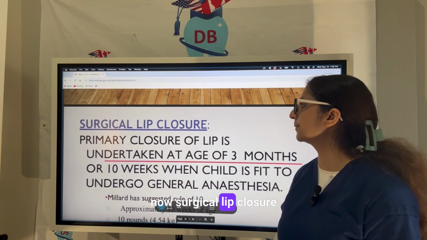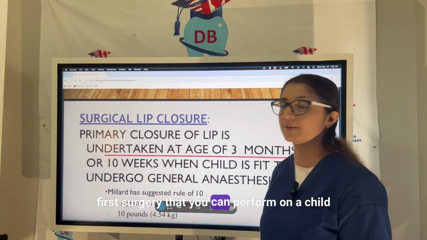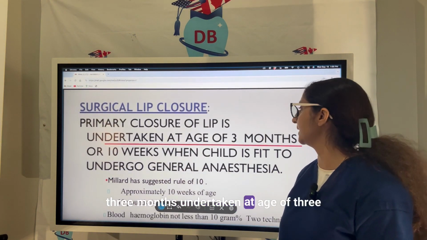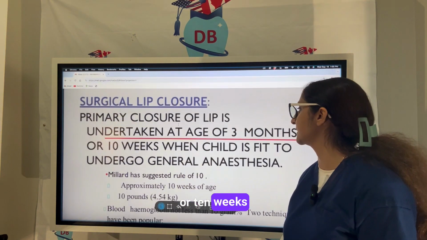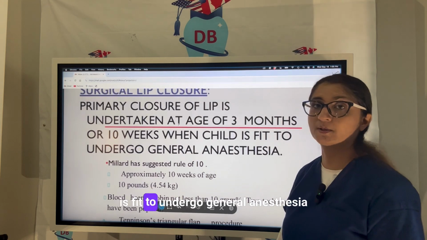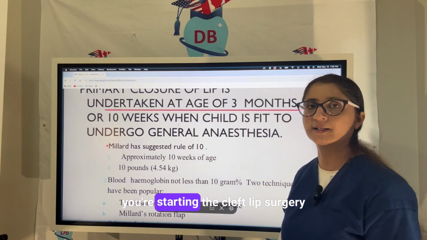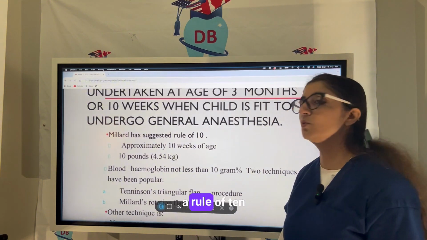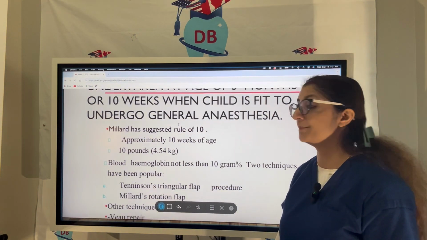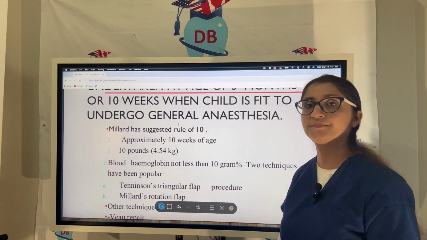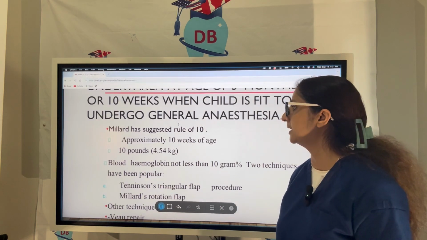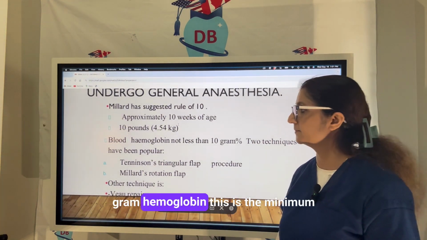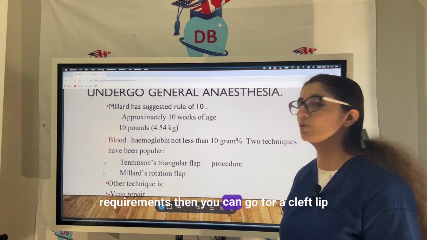Now surgical lip closure. First surgery that you can perform on a child is at 3 months, or 10 weeks, when the child is fit to undergo general anesthesia. You're starting the cleft lip surgery. Millard, a scientist, has given a rule of 10. Approximately the child should be 10 weeks of age, 10 pounds in weight, and 10 grams hemoglobin. This is the minimum requirement. Then you can go for a cleft lip